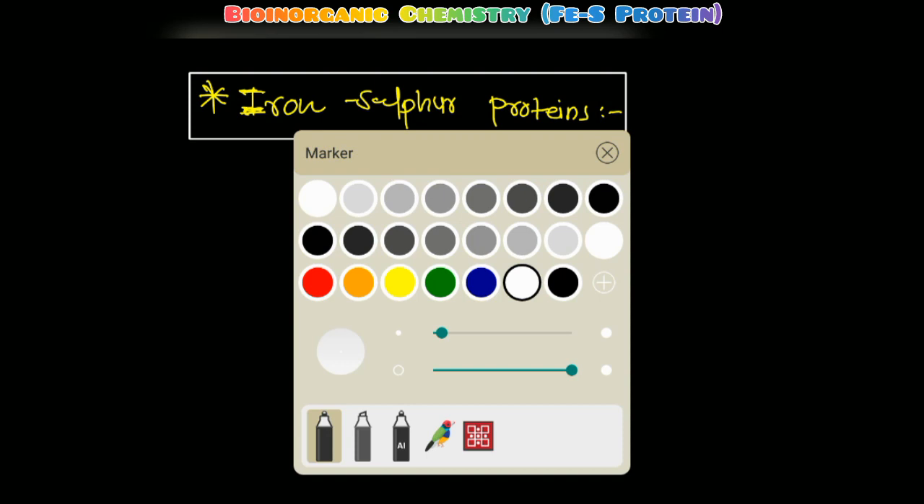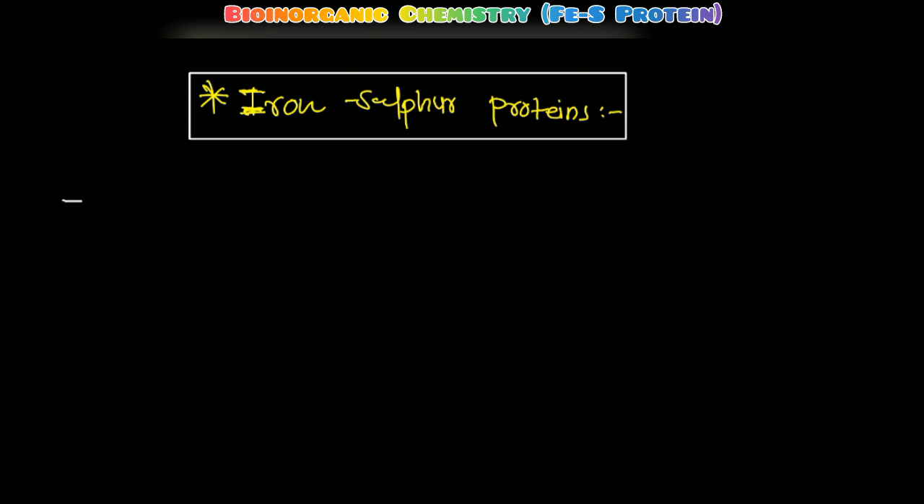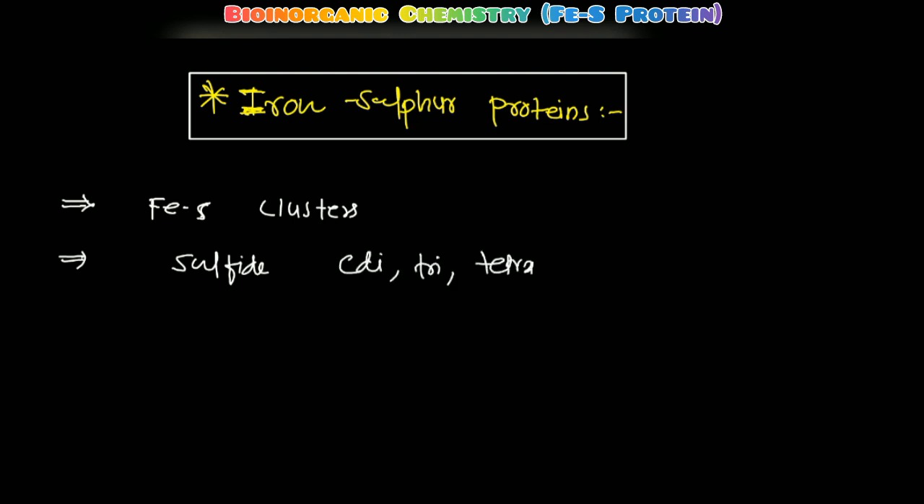In this video today we'll discuss iron sulfur proteins. The iron sulfur proteins are characterized by iron sulfur clusters. They are further characterized by sulfide bridges, or sulfide linkages, in which there are di, tri, or tetra iron centers